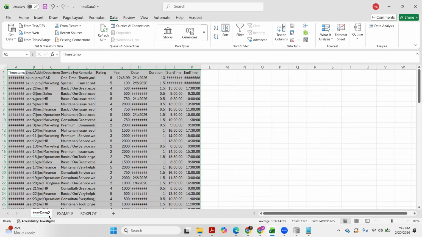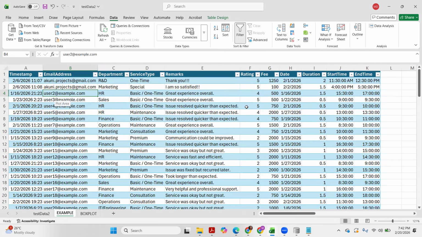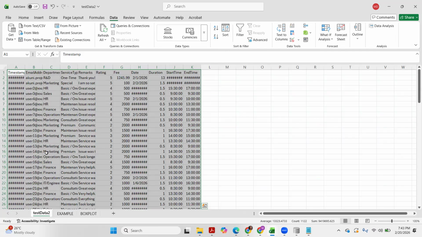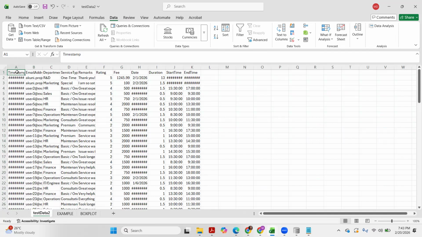We want something like this one. To do that, we select the entire data set. You can drag, but if you have a very long data set, you can use a shortcut. Click the very first cell, then hold Control Shift and the right arrow key to highlight everything within the row.